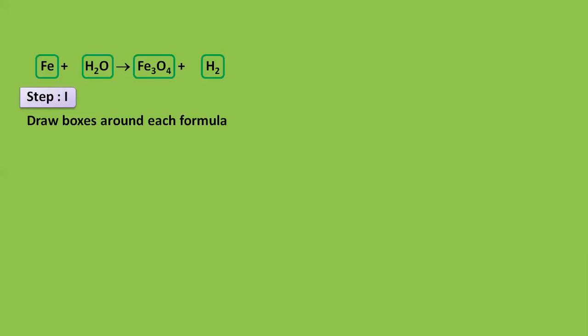The reason is you are not allowed to change the formula while balancing. Otherwise, don't you think balancing would have been so simple? You just have to change the numbers here and there, isn't it? So you don't have to change anything which is present inside. You don't have to draw the boxes in the exam. It is just for your understanding that mentally we are drawing a box around each reactant and product so that I am not allowed to change any number in between. I hope I am loud and clear to everyone. I am not allowed to change any formula in between.